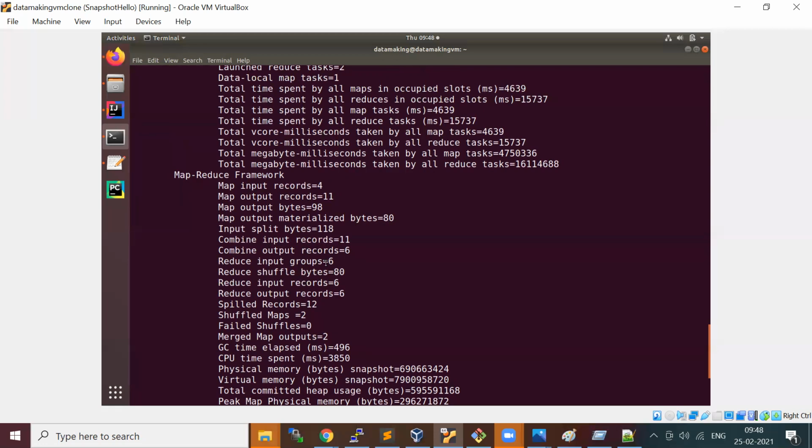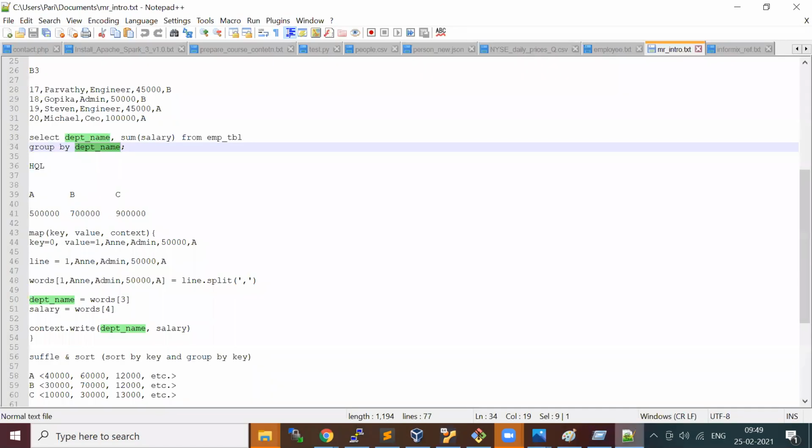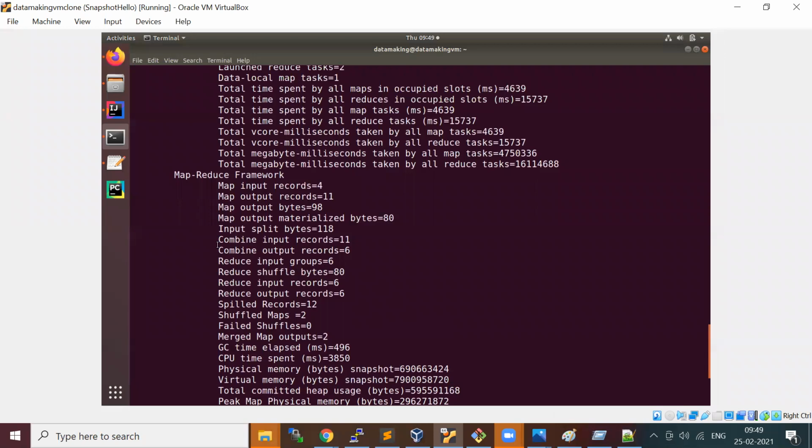Okay, probably with this, I will wrap up today. Please let me know if you have any question. We have another 1 minute. So, one thing is, I will share this input data set, which is the employee data set. You try with that example. I will share the code, all the 3 projects. One is what we did for New York Stock Exchange, and 2 projects for word count, one without combiner and one with combiner.